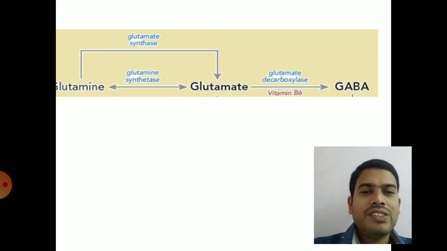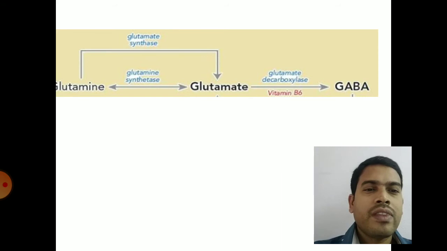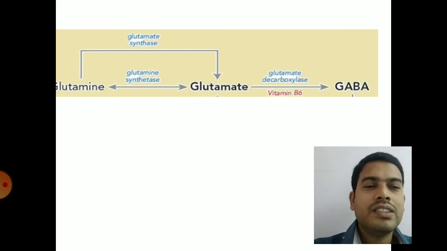So if you see some of the functions of amino acids, first the oxidative decarboxylation of glutamic acid. Glutamine is converted into glutamate with the help of glutaminase, and glutamate is converted into gamma aminobutyric acid, an inhibitory neurotransmitter. Glutamate will be converted into GABA with the help of glutamate decarboxylase. So this is a decarboxylation reaction, where gamma aminobutyric acid acts as an inhibitory neurotransmitter. So this is one of the biological functions of glutamine and glutamate.